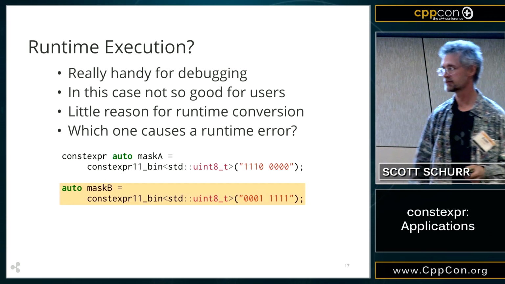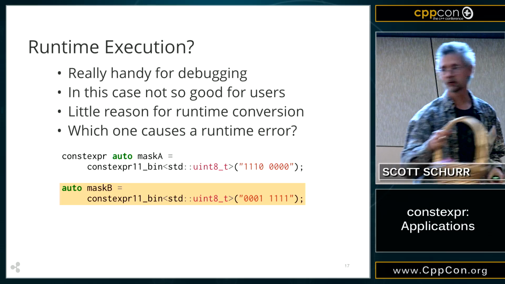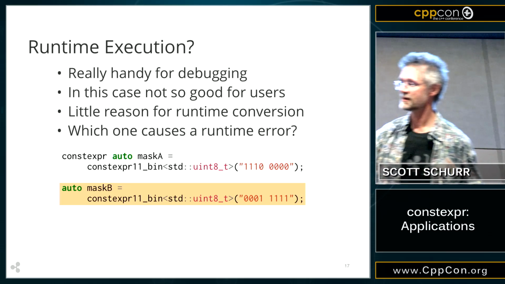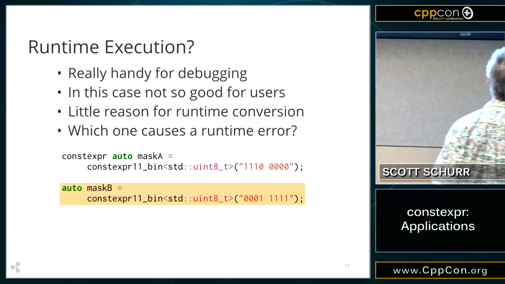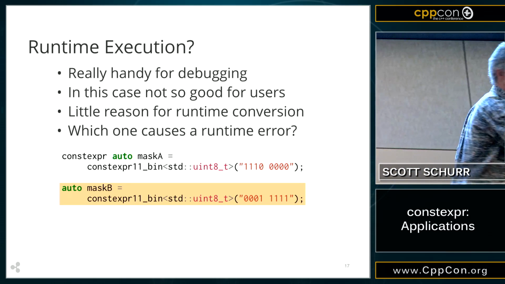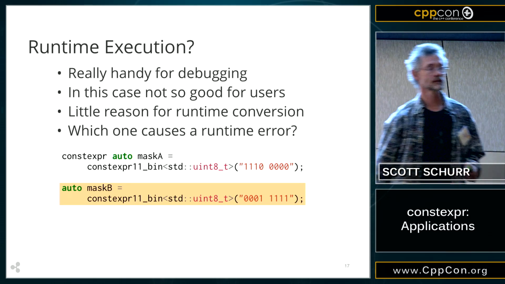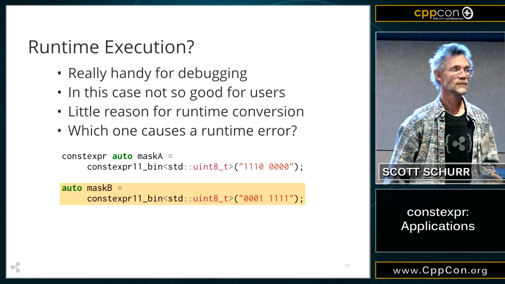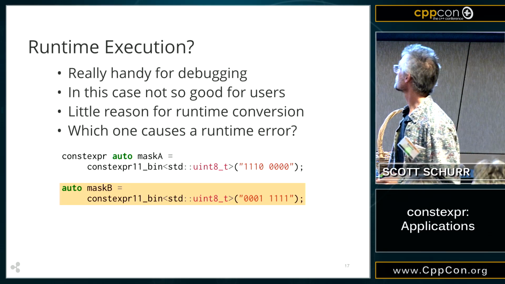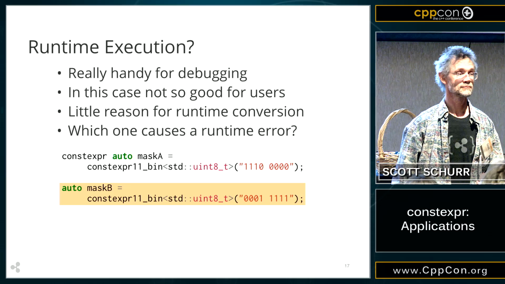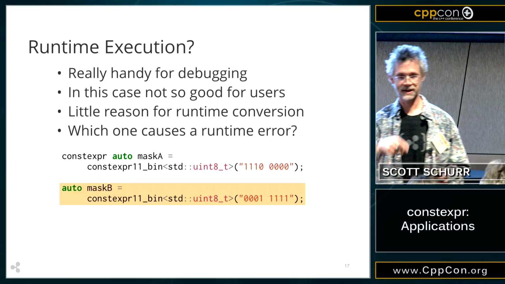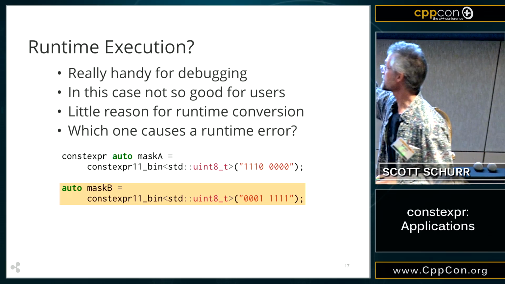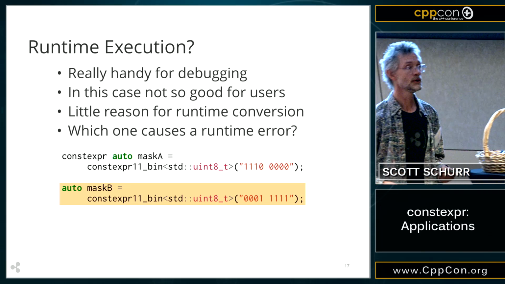Nice, nice. And chocolate. So the answer is the second one is the one that's going to be a runtime error. That's going to throw. Does the second one preserve constants? Would the auto that's returned there be constant? No. Okay. Thank you. So the question was, will the second one be const? And the answer is no.